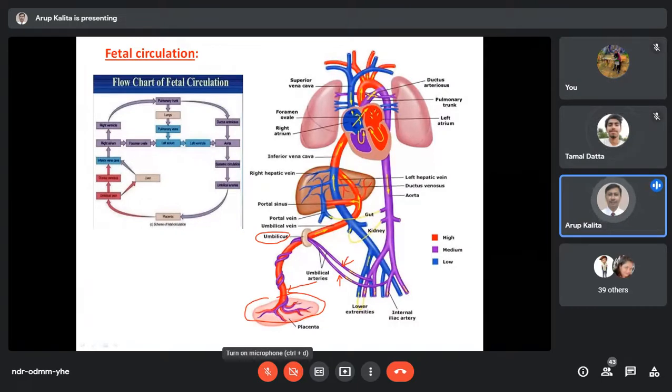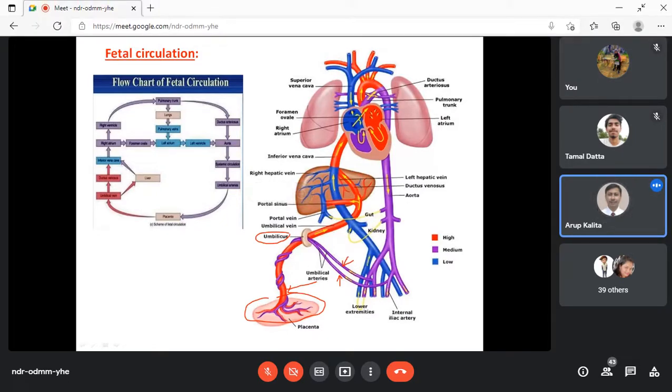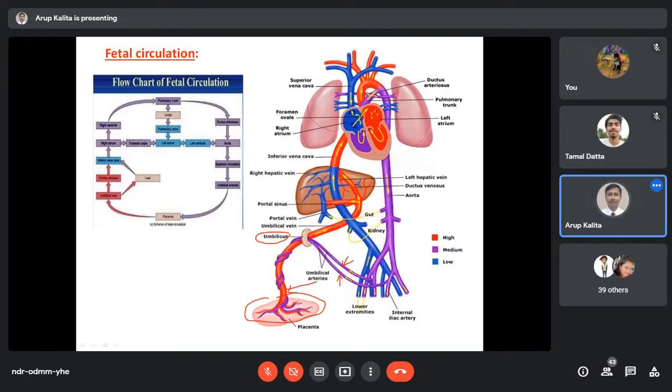The pure blood is coming via the umbilical vein, and the umbilical vein enters into the fetus through the umbilicus, going on the abdominal floor towards the liver. This is the liver. Now what will happen in the liver? Once the umbilical vein reaches the liver, it is single in nature. Remember, umbilical arteries are 2 in number, but the umbilical vein is 1, in most of the animals. In some of the animals you will get 2, but in most of the animals you will get 1.